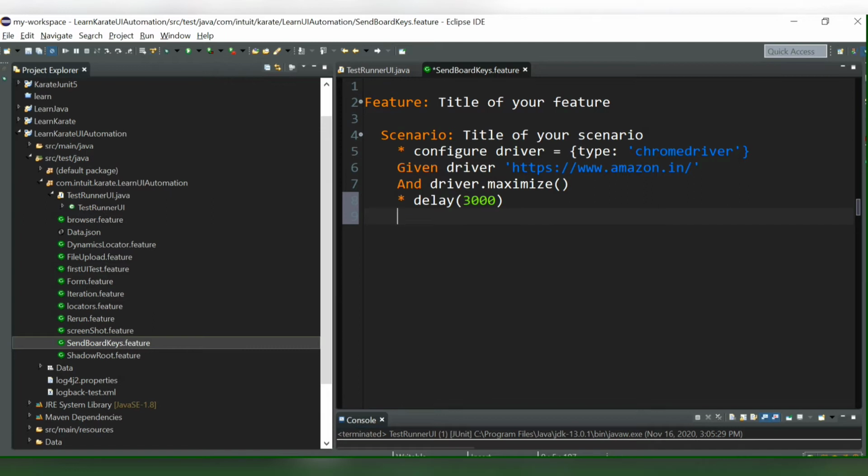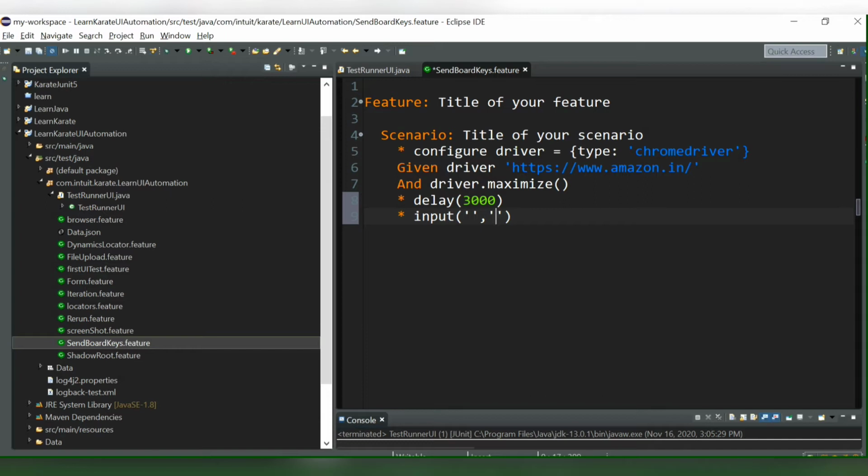In order to send any keys from the keyboard, we can use the input function. We know that to input any key or any character to a field, we can use the input function, which accepts a couple of arguments. The first argument would be the web element locator, and the next argument would be the character or the string that we want to send.